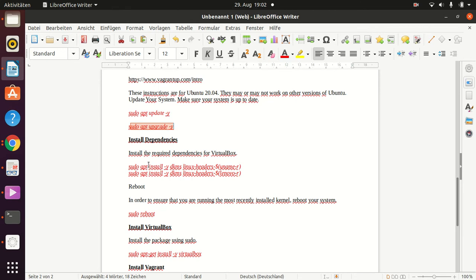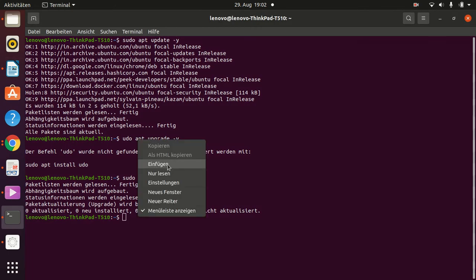Then I'll install the dependencies. Here, your name is nothing but your username. That's the default command, and you need to modify it as per your username. In my case it's Lenovo.